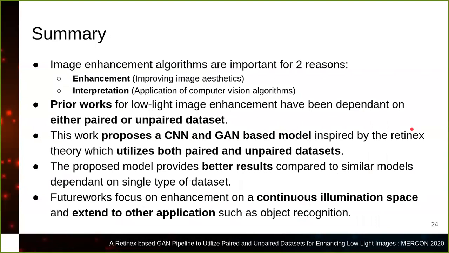This is a summary of our work. Image enhancement algorithms are of two types. They are for two reasons: one is basically enhancing the images, and the other is improvement. Prior work is dependent on either paired or unpaired datasets, and we propose a CNN and GAN based model based on the Retinex theory of human color vision to utilize both of them. The proposed model performs better and gives better results compared to similar models. And we have